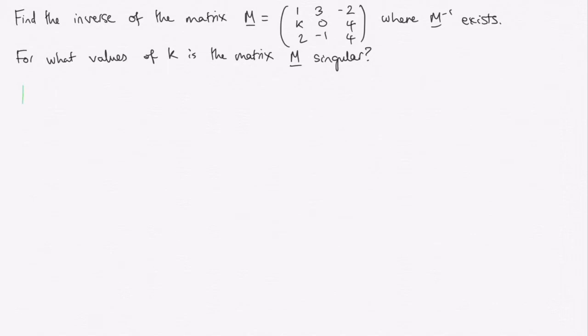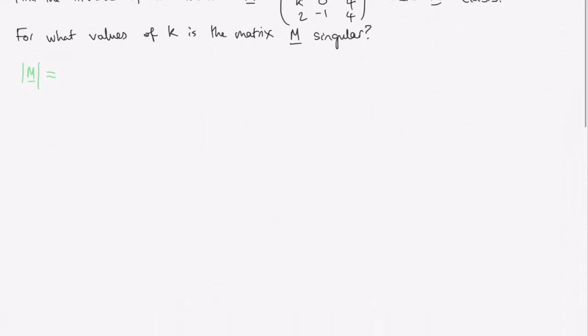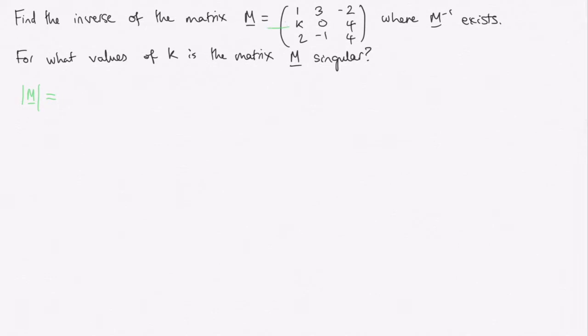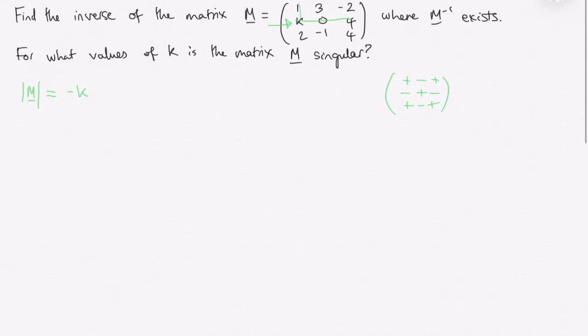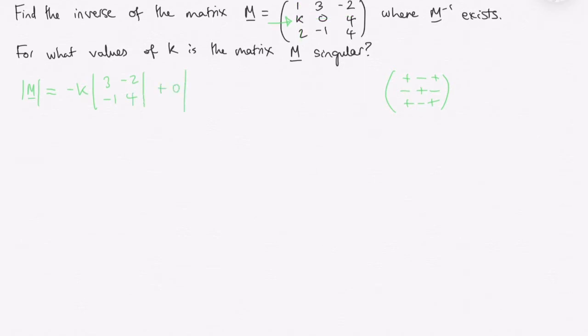So we might as well start by finding the determinant of the matrix M. And we know it doesn't matter which row or column we expand this determinant by. So to me, a sensible choice seems to be the middle row, but you could easily pick any row or any column. So remembering our matrix of signs, we have negative k multiplied by the determinant of 3, negative 2, negative 1, 4, plus 0, lots of 1, negative 2, 2, 4,